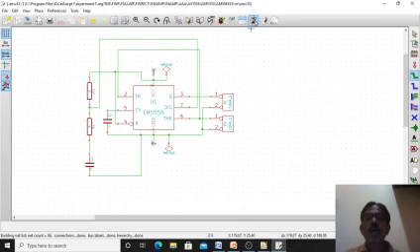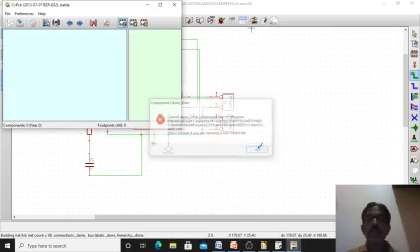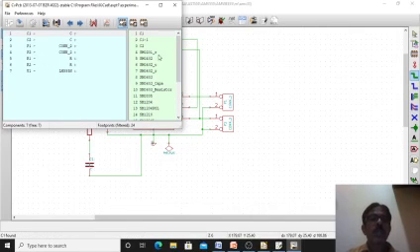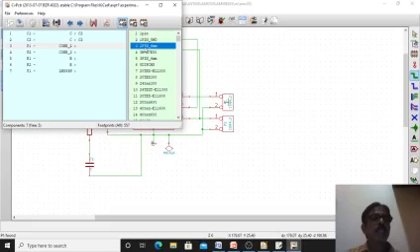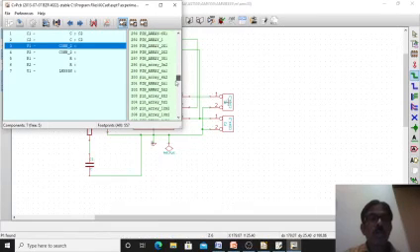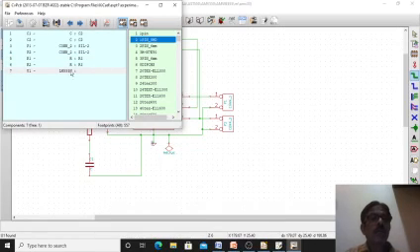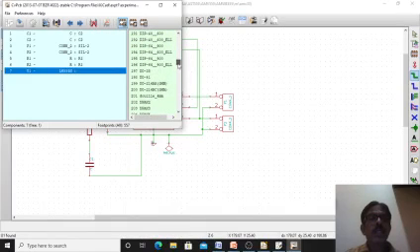Then associate the components. Run for association of footprint. Okay, as I have told you, for capacitor you select C2, for capacitor you select C2, and for connector you have to go for SIL2, serial inline connector 2 pin. That is the meaning of SIL2. You search where that SIL2 is, here it is, and for the next one also SIL2. Then for resistor you select R3 or R4. I have selected R3. Then for the 555 IC you go for DIP 8. It is an 8 pin IC.